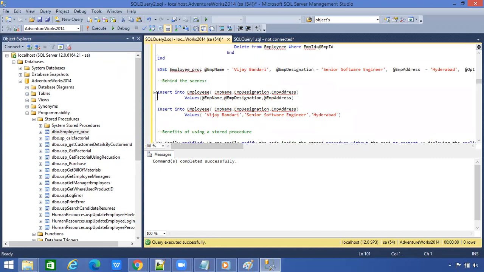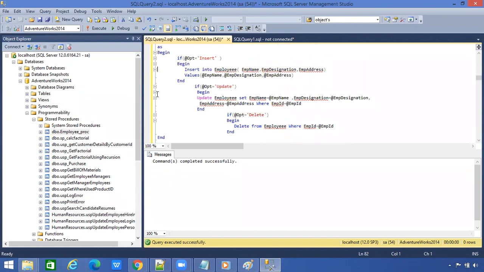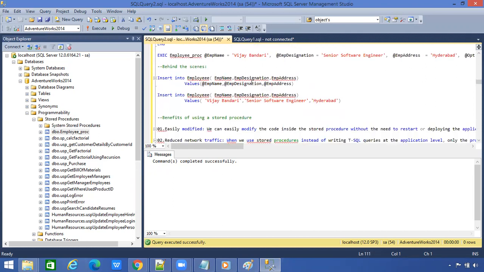It is the same with update and delete. If our option is update, as we don't have any records in the table, I can't show you how update and delete work. First, we'll try to insert some five to six records and then we'll see how update and delete also work, right? Let us come over here and say,